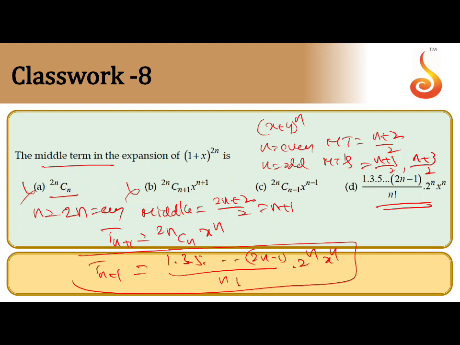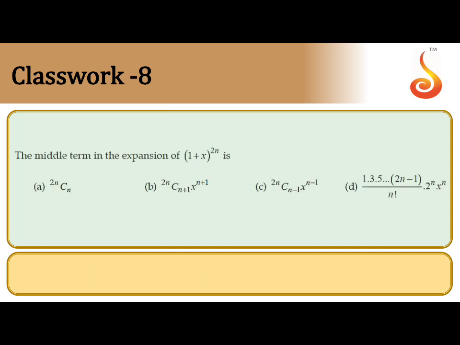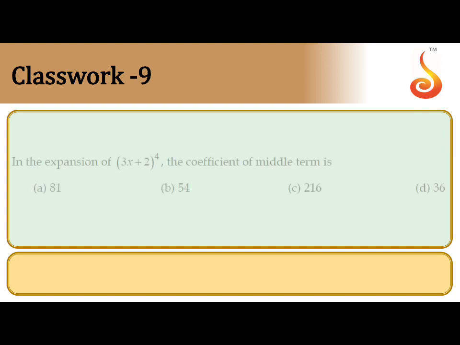The simplification is the procedure. This is one standard question. If you want, you can see the NCERT textbook, which gives the solution in detail. You'll get the answer: Option D is correct. I hope it is clear. To remember: all odd numbers in the numerator, by n factorial into 2 power n, into x power n. That is the way to remember. Option D is correct. This is one standard and important question.